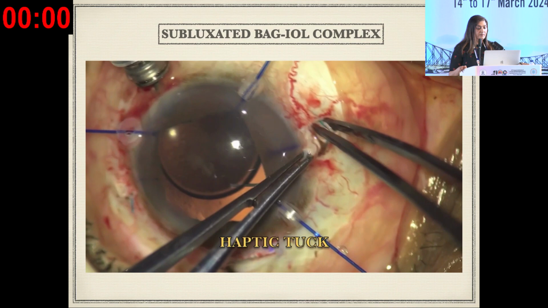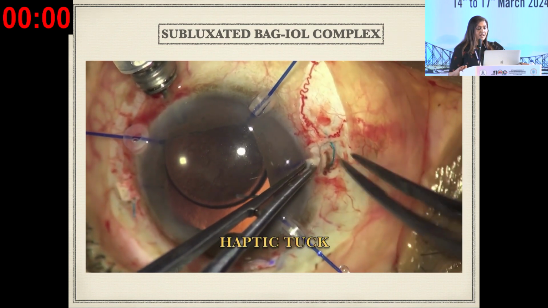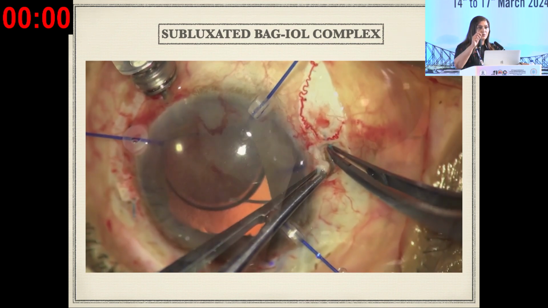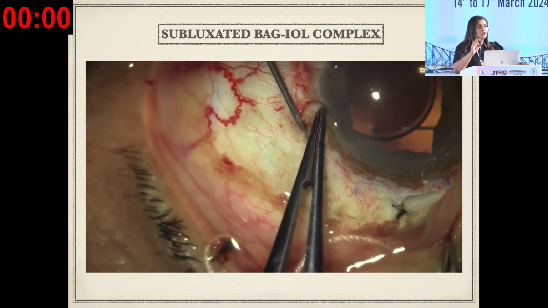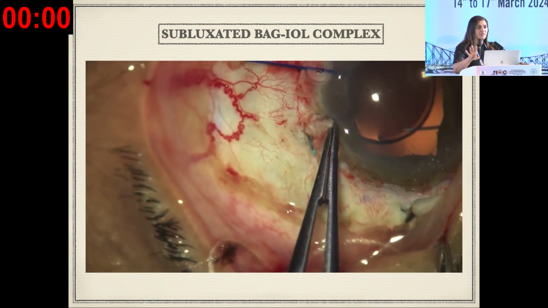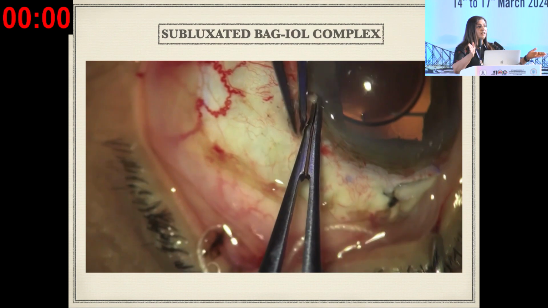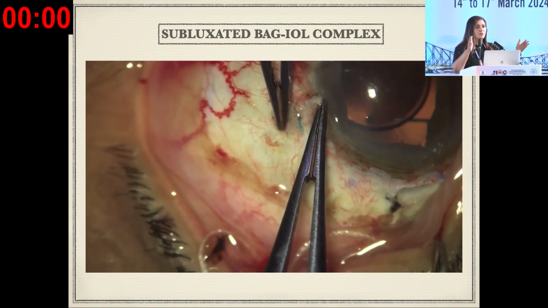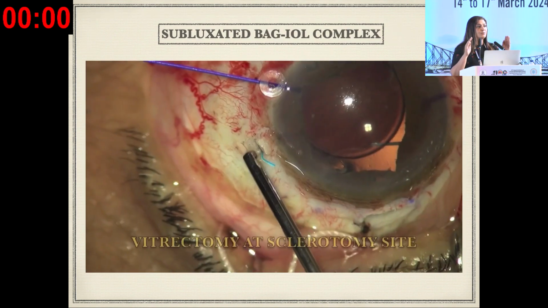This is again fixing up the haptics from both the sides. It's always the amount of the haptic that you tuck inside that makes the difference. It's not the glue. It's a misconception. Glue is only meant for sealing the flaps, sealing everything, because we know how important it is to seal everything